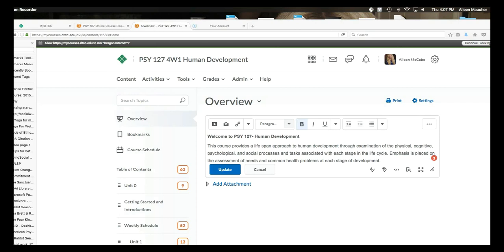Also, if you're having trouble navigating the system, I encourage you to go to the computer lab on one of the campuses. That can sometimes be a great place to get some help if you're taking an online class for the very first time, or if you're just really new to using the computer. The lab can be a great resource. And if that's the case, please reach out to me via email and also let me know.